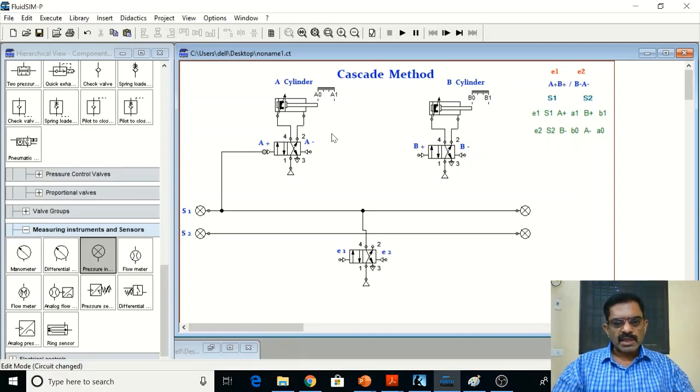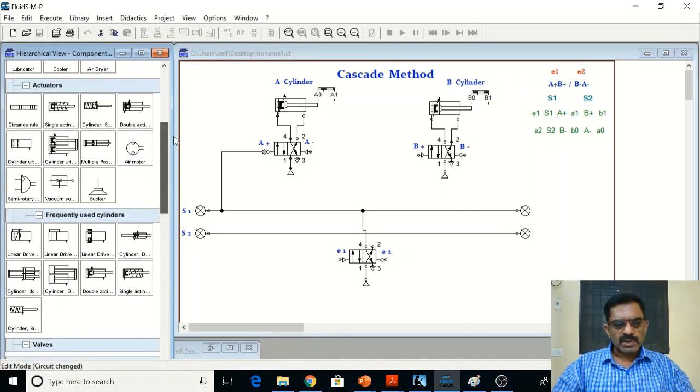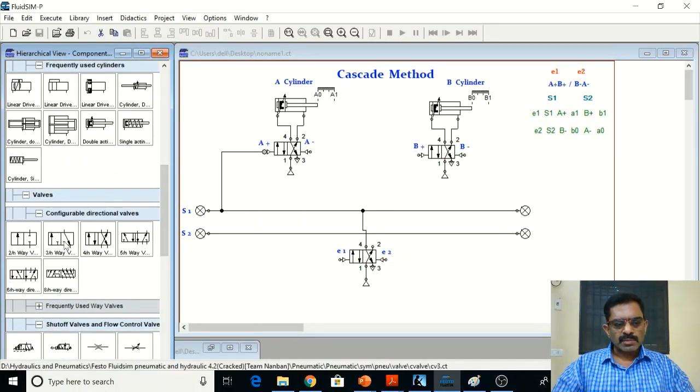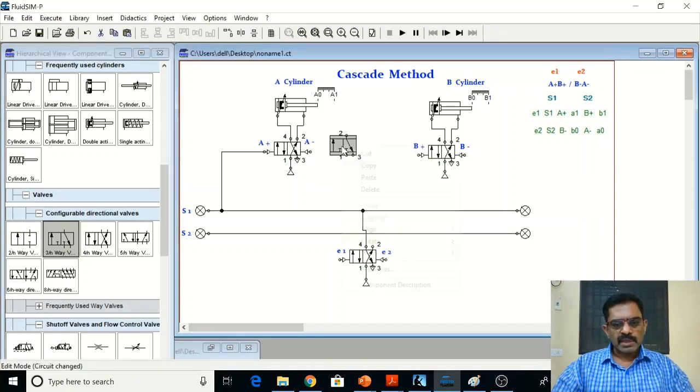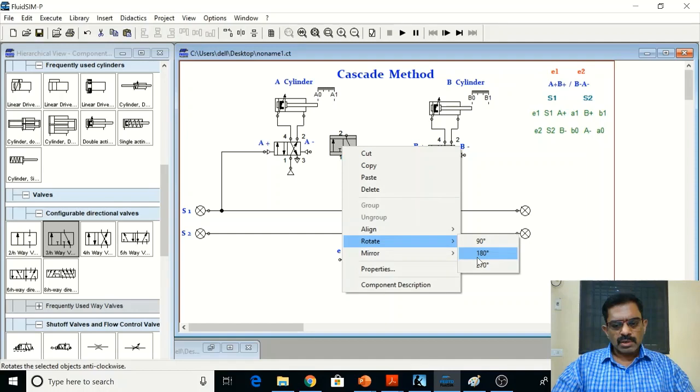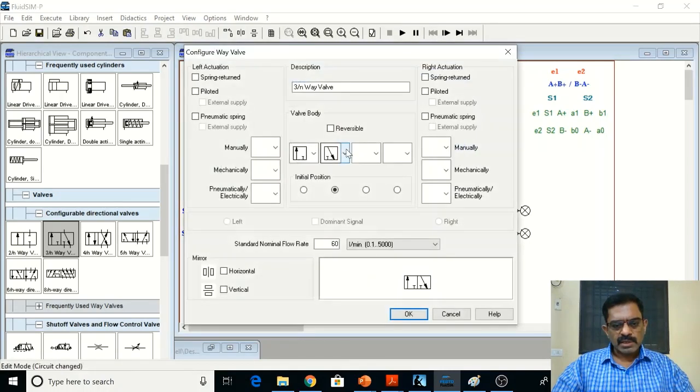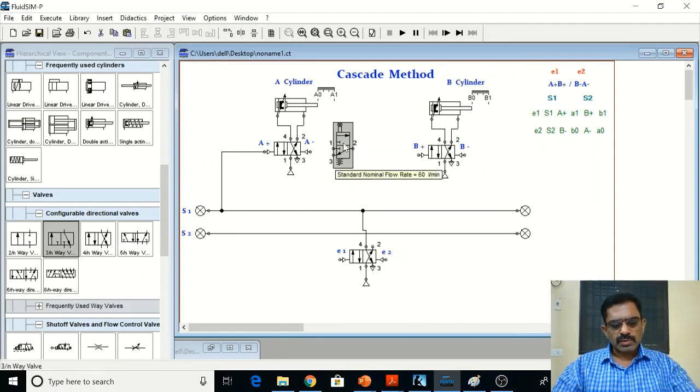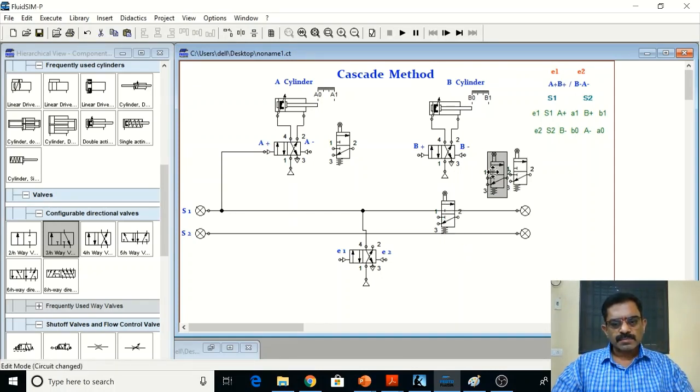I require push buttons, roller type push button limit switches. These are limit switches. So I can have a 3x2 valve. So let me rotate this, rotate to 270 degrees. So let me have spring return on the other side, and this side mechanically operated. So roller I can choose. So mechanically operated roller. So this is my switch. So Control C, Control V, Control V, Control V. So 3 times I pasted because I require 4 valves because there are 2 cylinders. So 4 valves.